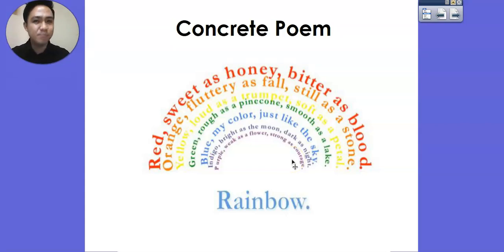Alright, look how amazing it is. A concrete poem, right? So, guys, we can recognize immediately a concrete poem because its words form a shape based on the topic. Alright? Based on the subject. Now,